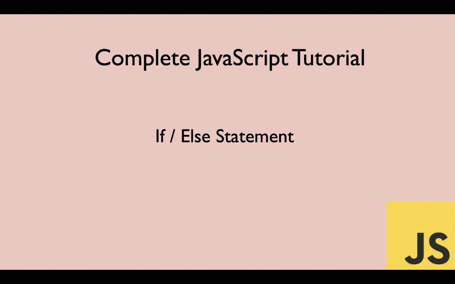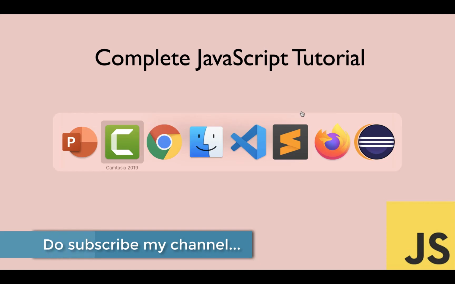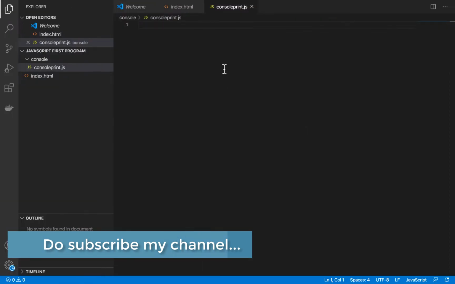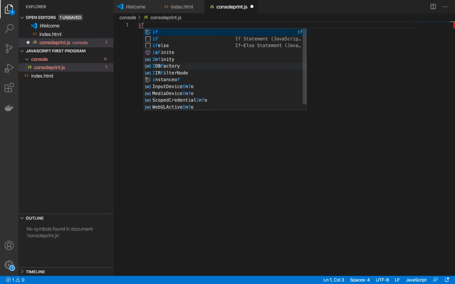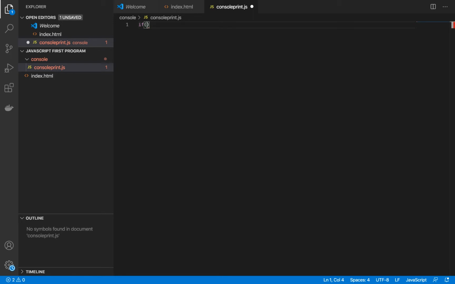This provides a condition to a particular piece of code, saying you should execute this code only when this condition is satisfied, which means the condition within if should always be true. I'll show you in the practical session. I'll go to my Visual Studio Code and first type an if statement, and I will say 3 is greater than 2, a basic simple example. And I will just print, saying console log, 3 is greater than 2.